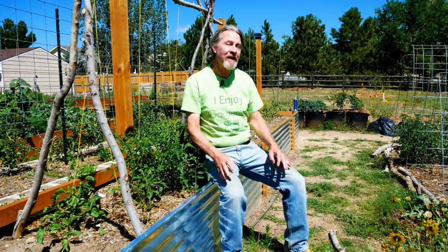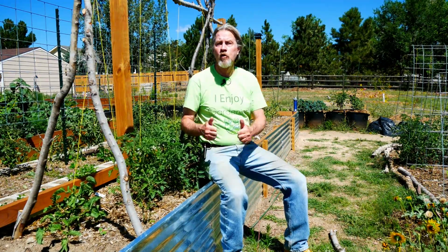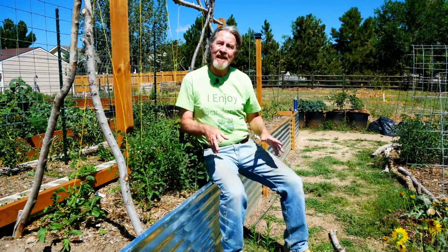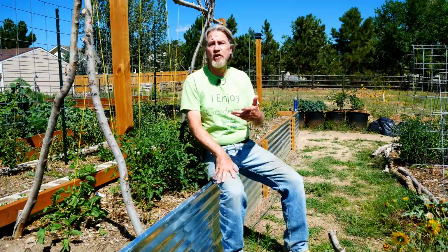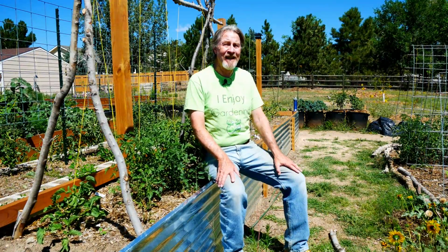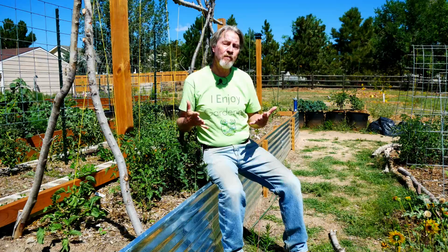To garden vertically, you will need some type of support for your plants as they grow upward. But it doesn't need to be anything fancy. You could use the side of your house, a fence, a deck, or a simple trellis made out of tree branches like I have here. The whole idea is just to give the plants support as they're growing up, so that they're not flopping all